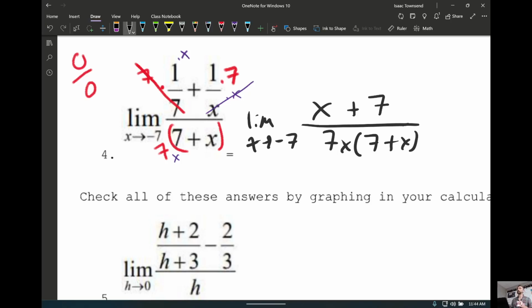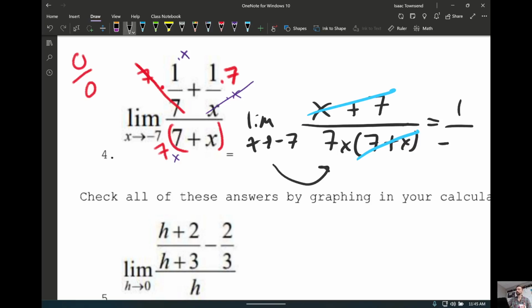So simply multiplying everything by 7 and x made all of the smaller denominators go away, so now it's no longer a complex fraction. Now you can try direct substitution here if you want to, but again I've not gotten anything to cancel yet, so I'm still going to get 0 over 0 if I try that. But x plus 7 and 7 plus x are the same thing. Addition is called commutative, which means the order that you add things doesn't matter. So you can let those two cancel,